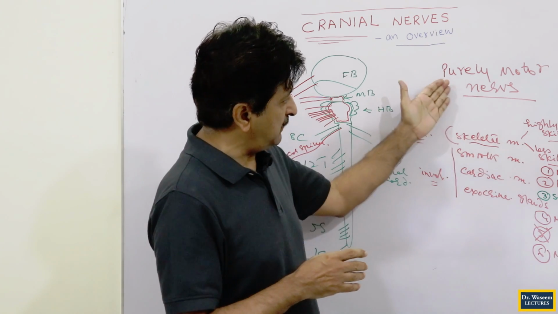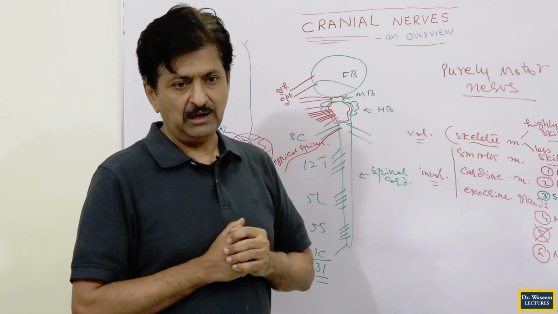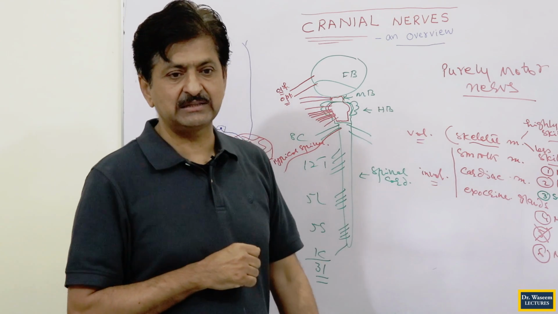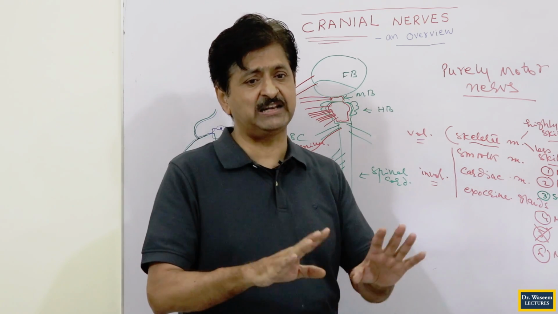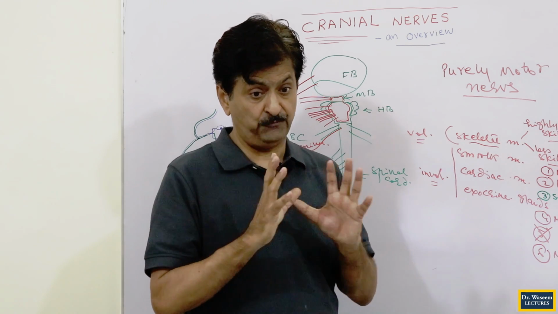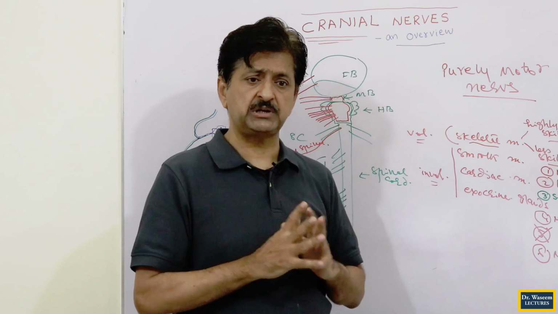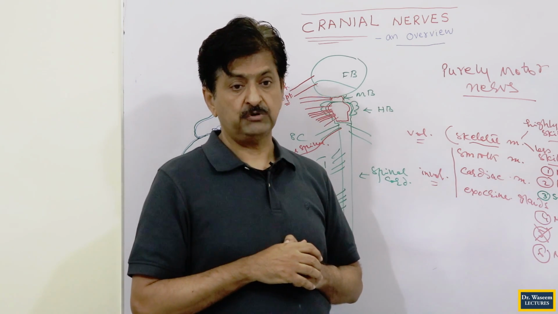So here the nerve in fact will be purely motor, and this purely motor will obviously go to the highly skilled muscles. And these highly skilled muscles must be present in the organs which are highly specialized for that function, a highly specialized motor function, and for this purpose, one I have already told you, that is the tongue, for the speech purpose.